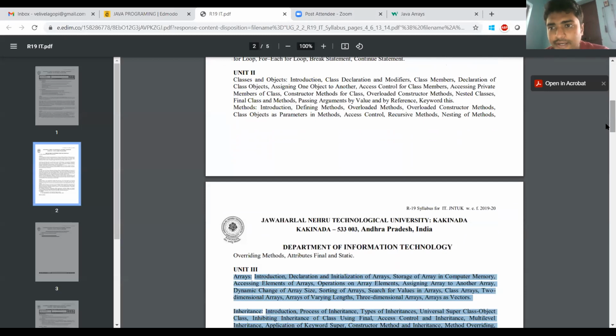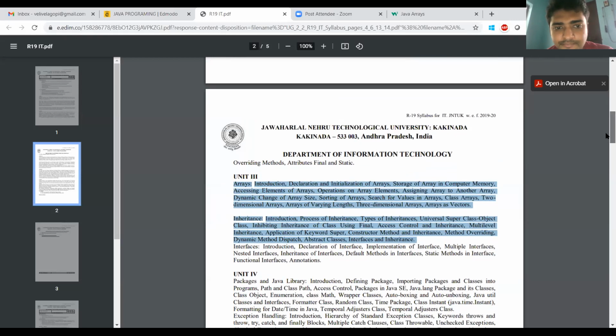We have seen how to create an object, a class, and a method, and many variations in the creation of methods and classes. We have also seen method overloading and the parameter passing mechanisms, by value and by reference. So in today's class we are going to learn